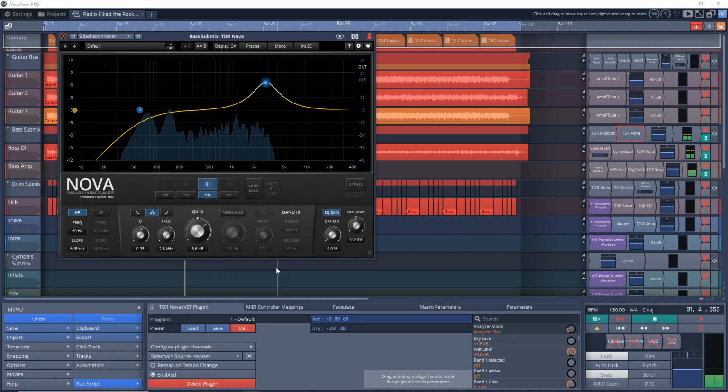It also features a nice big spectrum analyzer to help you see the frequencies that you might want to focus on. There's also integrated high pass and low pass filters in there too. This one is an absolute must-have EQ plugin, and it's hard to believe that it's free. You can get the TDR Nova on Windows and Mac.